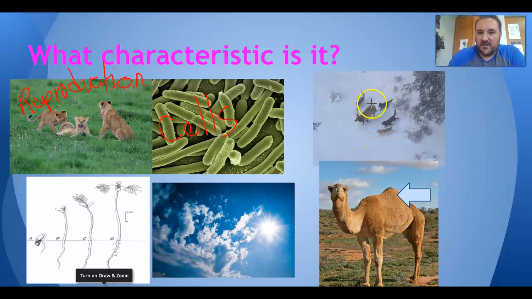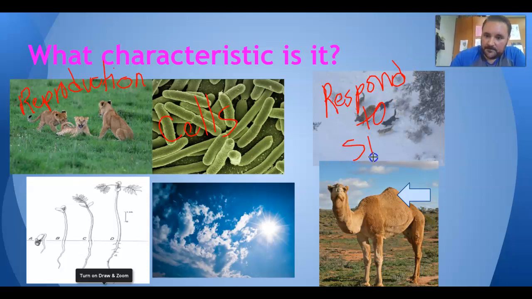In this picture here, you have wolves chasing an elk. I'm sure the wolves are hungry. The elk doesn't want to die. So this one is respond to stimuli. Basically, the wolves are hungry. That's the stimulus, so they try and eat the elk. That's the response. The elk sees the wolves running after it, so the elk runs away. The wolves are the stimuli to the elk. The running away is the response.